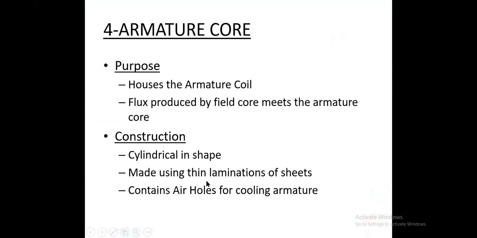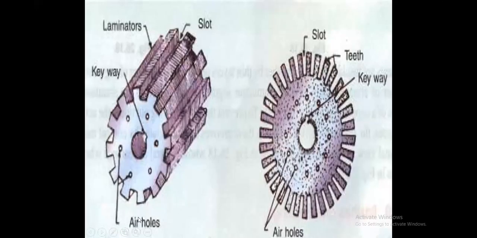Yes, students, we again continue the session. In this slide we have discussed that the armature contains air holes for cooling, and the thin lamination sheets are connected in a cylindrical shape. You can see these are the air holes placed for cooling the armature, because the air passes through these holes. Due to the continuous rotation and movement, the armature slots heat up too much, and it produces heat dissipation in the overall mechanism and device of the motor.